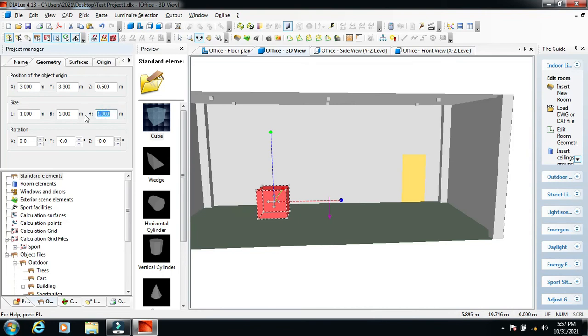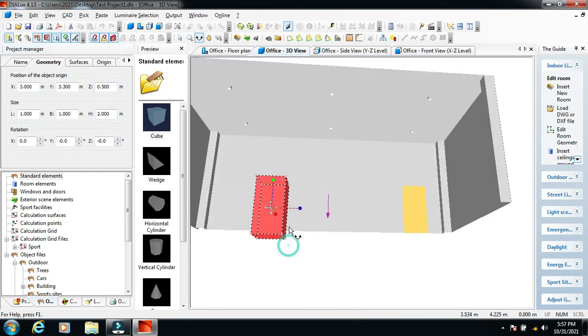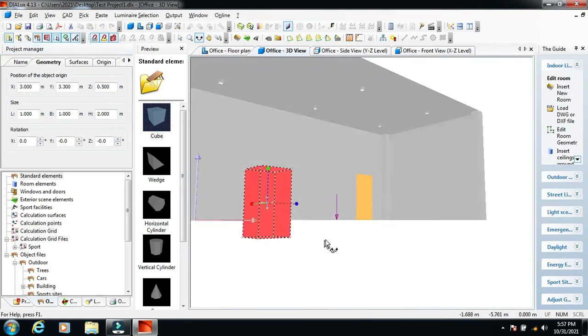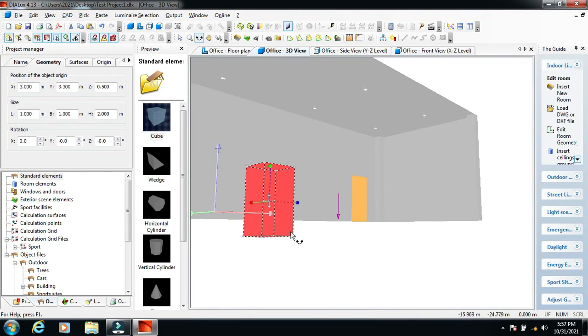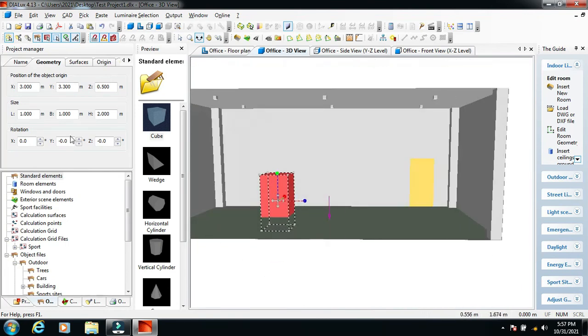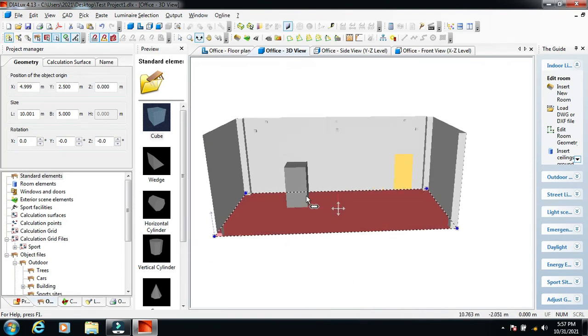Now if the height is, for example, 2, and you are not changing the z to 1, that is h by 2, what will happen? The 50% will go under the building floor, which is incorrect. So you always have to put the z coordinate as h by 2. So put it as 1. Now you can see it will raise up and come onto this particular floor.